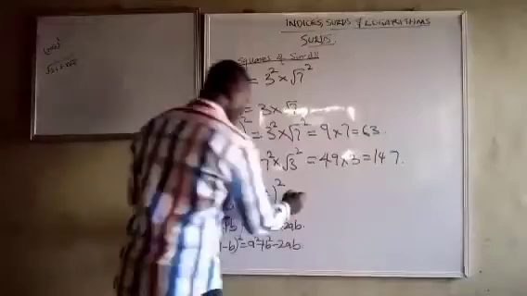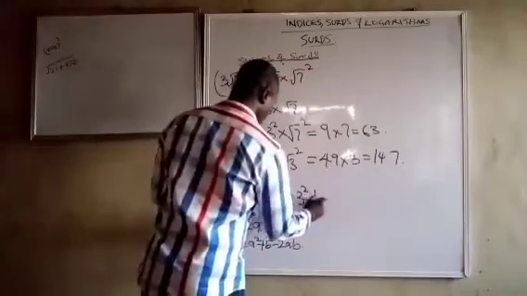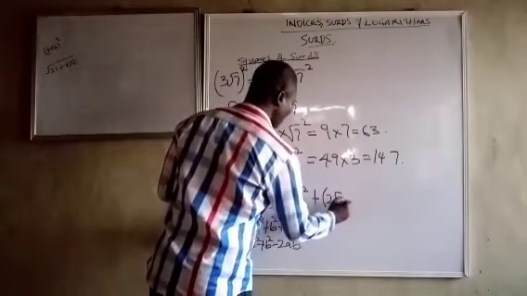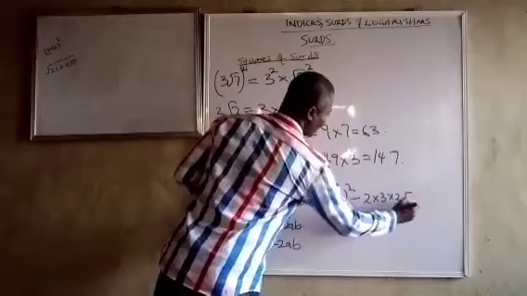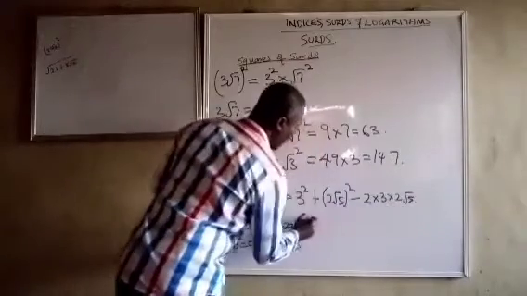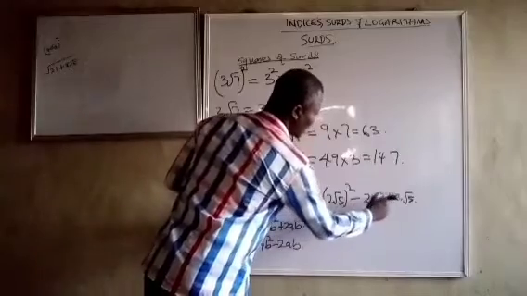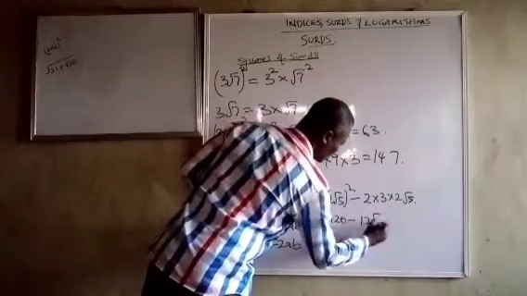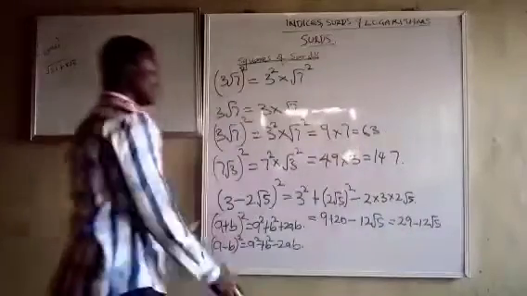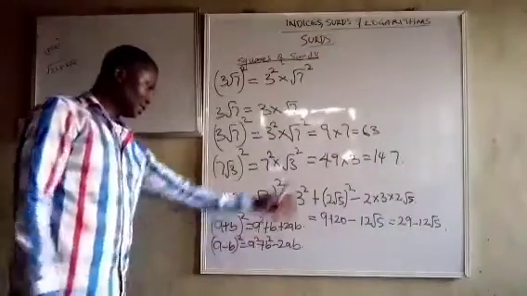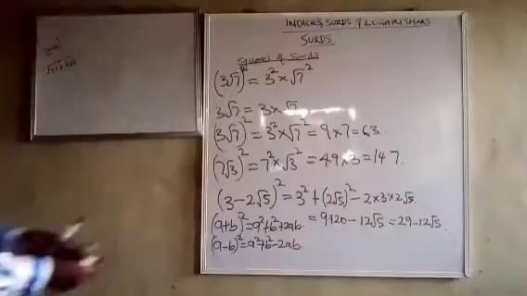This one is going to be 3 squared plus 2 root 5 squared minus 2 times 3 times 2 root 5. So you can see it makes our job very easy. 9. This one is 4 times 5, plus 20. 2 times 3 times 2 is 12. 29 minus 12 root 5. So you can see, if it is positive, that will be plus. It can come in any form, and then you can find squares of your